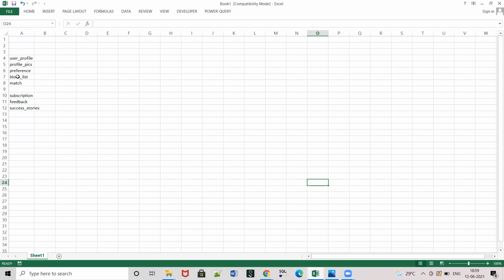Now it can be done some other way also, which I have also shown you in the social media example. Like you can make it like this also, block list. Suppose person B101 has blocked B102, so first it will come. Then again B101 has blocked another person called B103. So in our current model, it will come like this, but you can make it in a different way also.